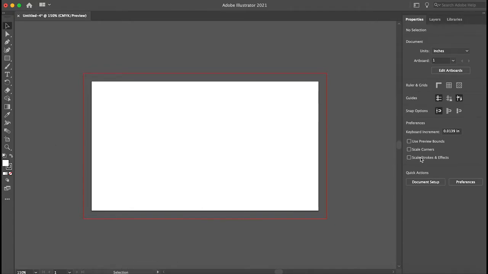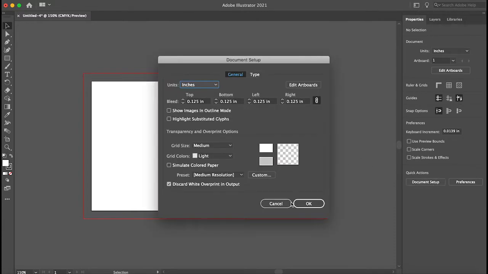Here's the other option, by the way. If you're actually in the document and you go into properties tab, you could click document setup from here, and you can do the same thing in terms of editing your bleed. All right,